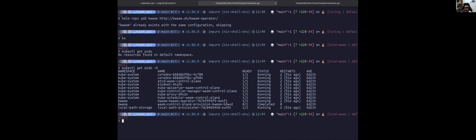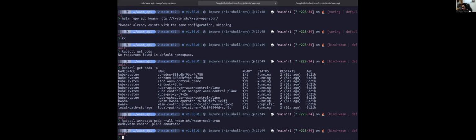run this test. First of all, we're going to annotate the node. That's important because if not, it won't run. We need to make sure that this node knows where to run the WASM job.